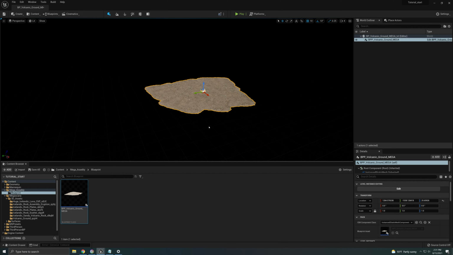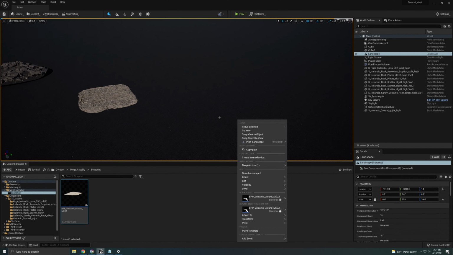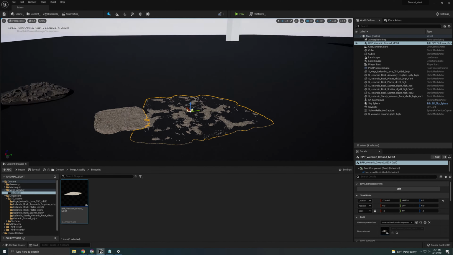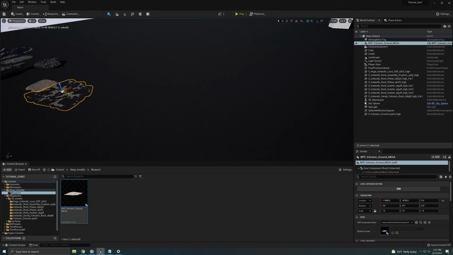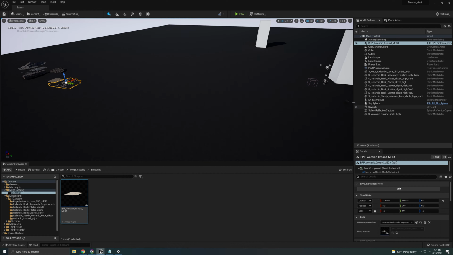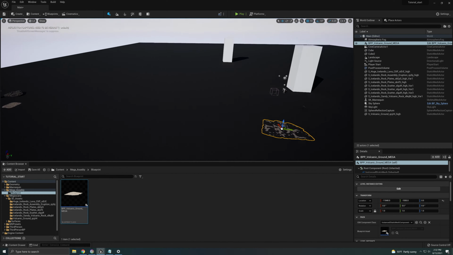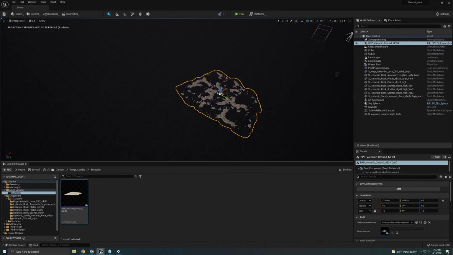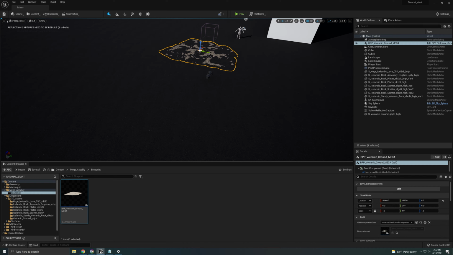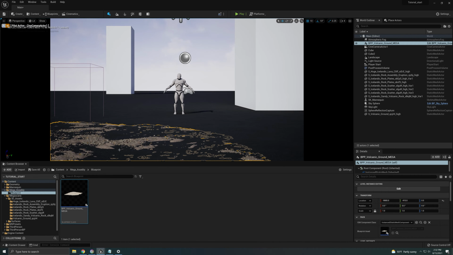So let me get back to our original level. Alright, here we are in our original level, and the way we're going to use this is by clicking and dragging it, and there you go. We have our mega assembly, and what I'm going to do is fill all the floor that's in the shot with this, because it's the main ground that we're going to be using. So I'm just going to bring it over here,